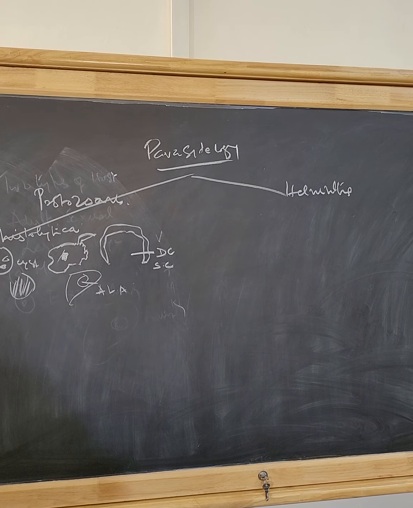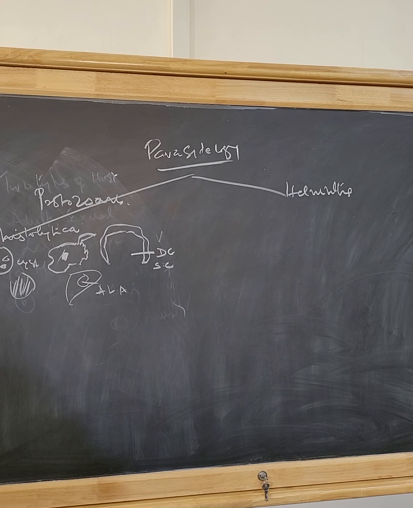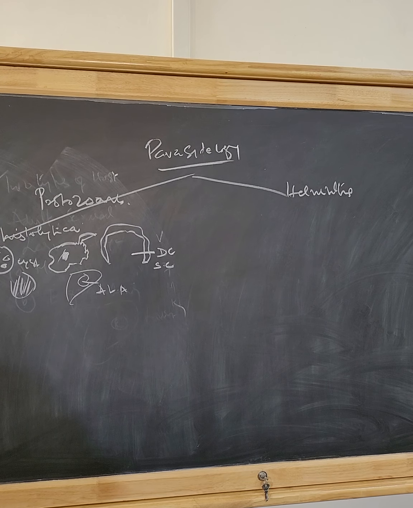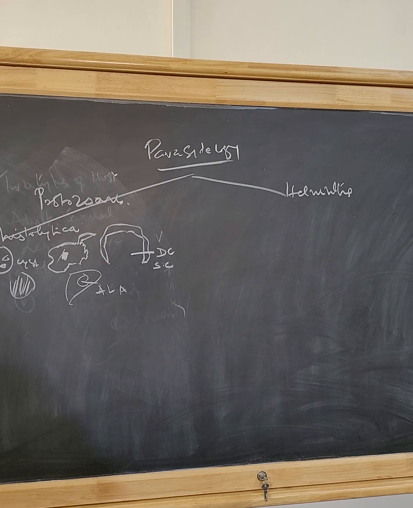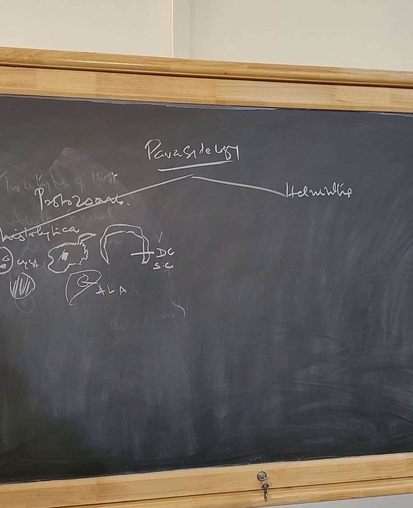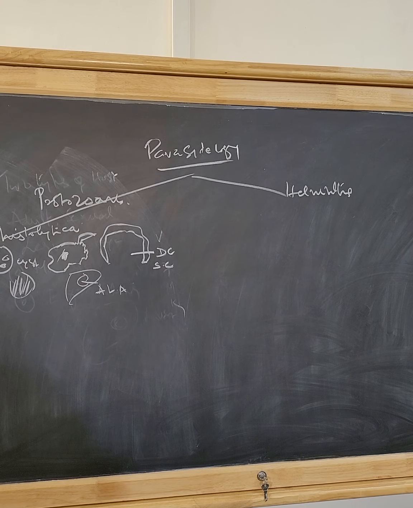From the liver, it goes to the lung and gives rise to lung abscess. Through the blood, it can go to the brain and cause brain abscess. It can cause abscess in the kidney. It can cause abscess beneath the diaphragm, subphrenic abscess.